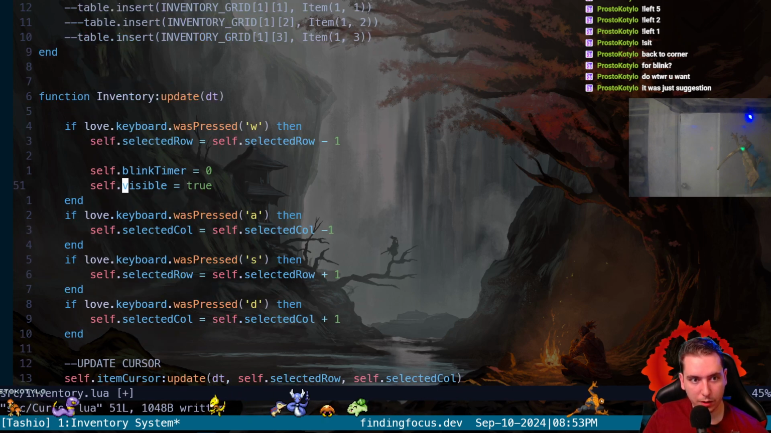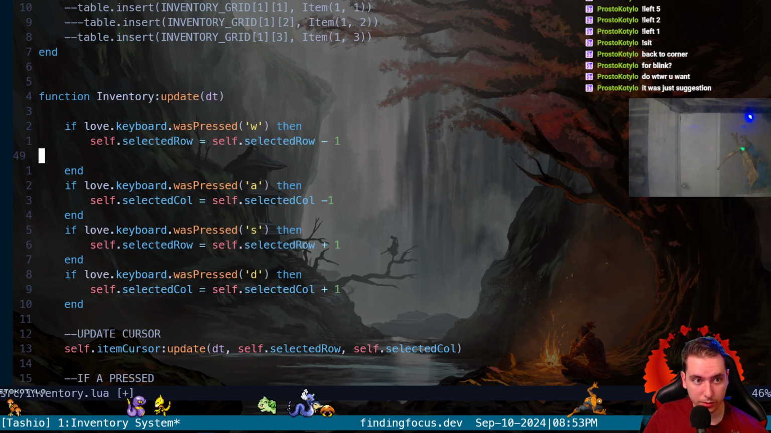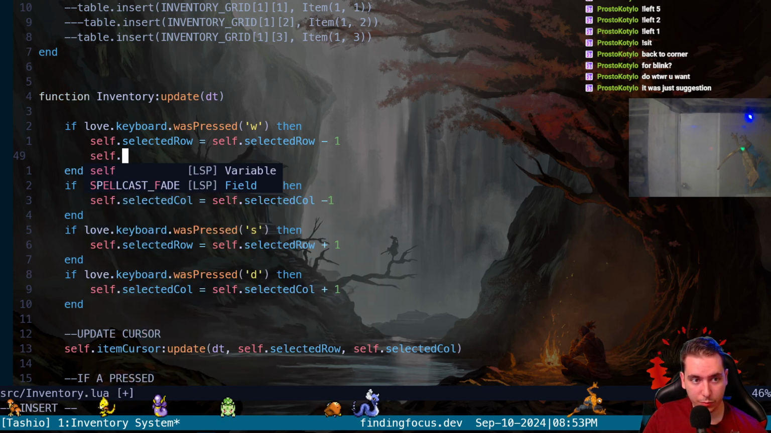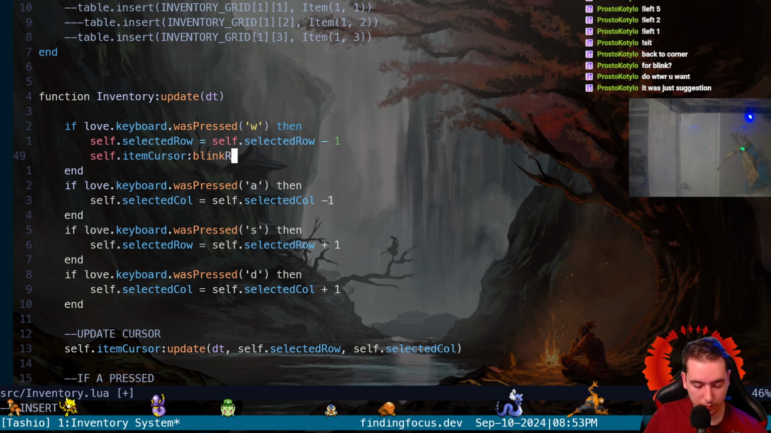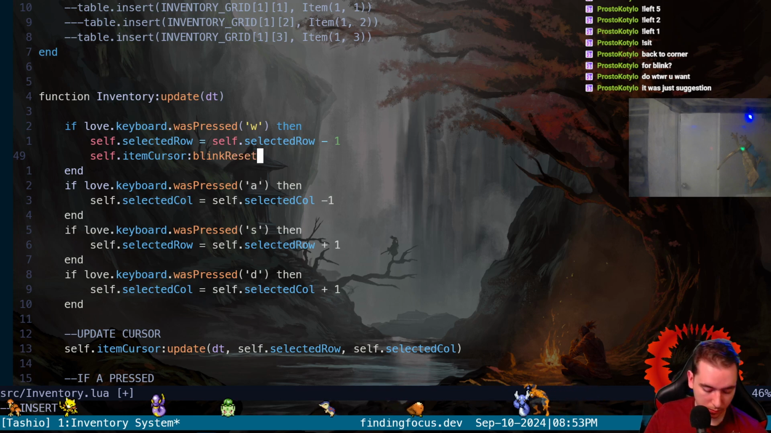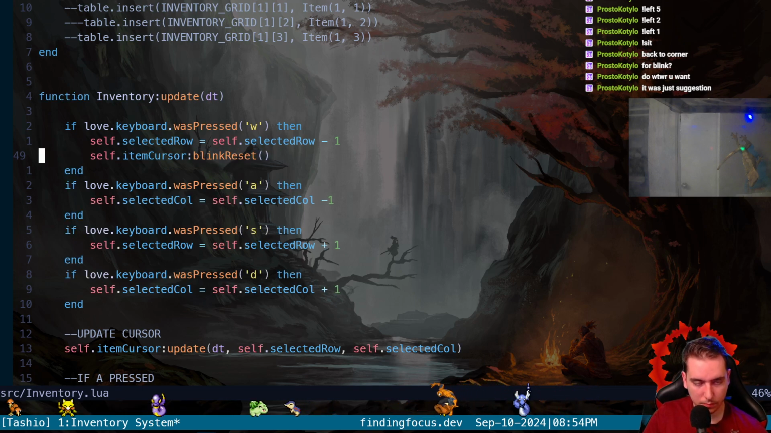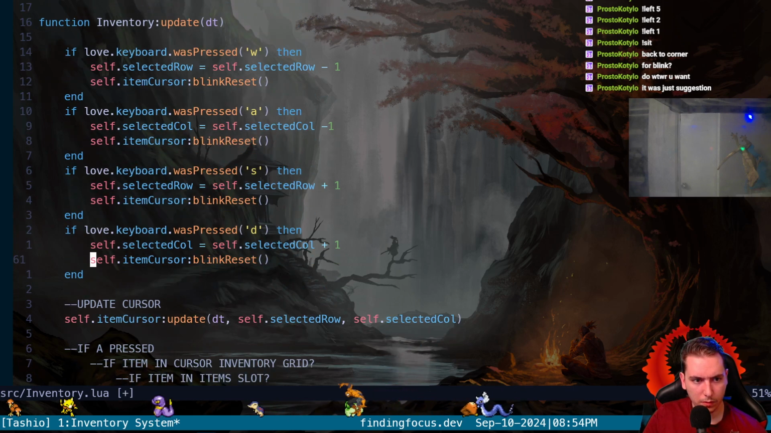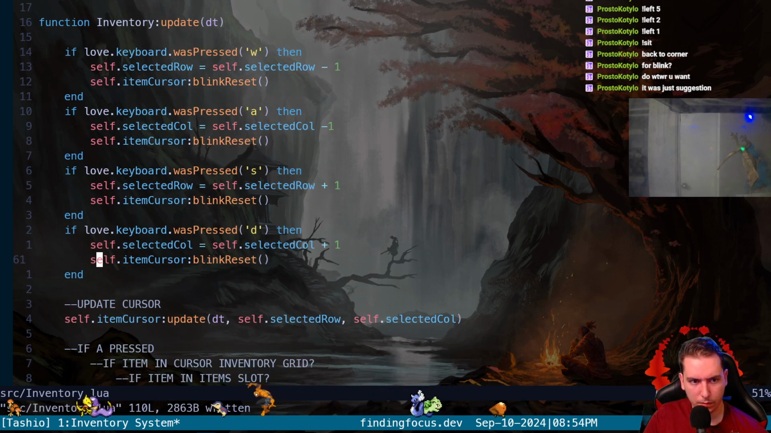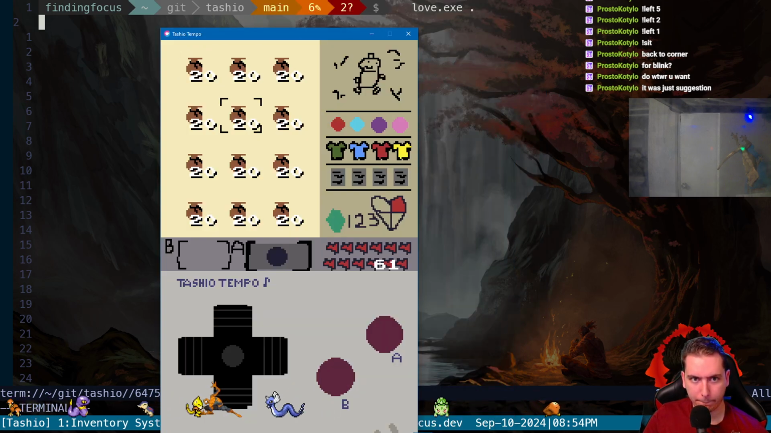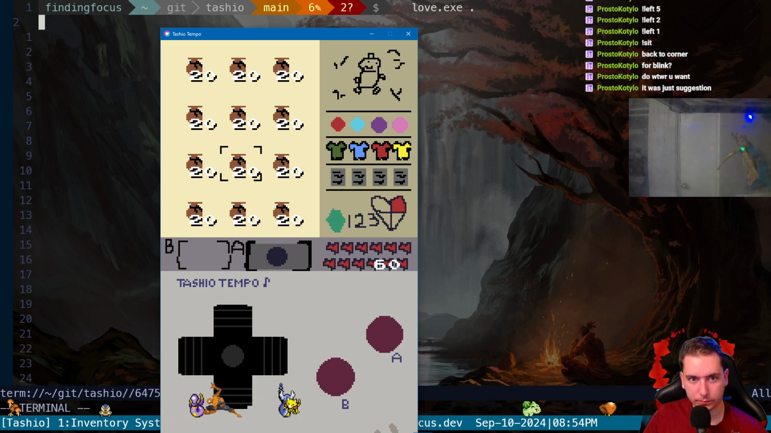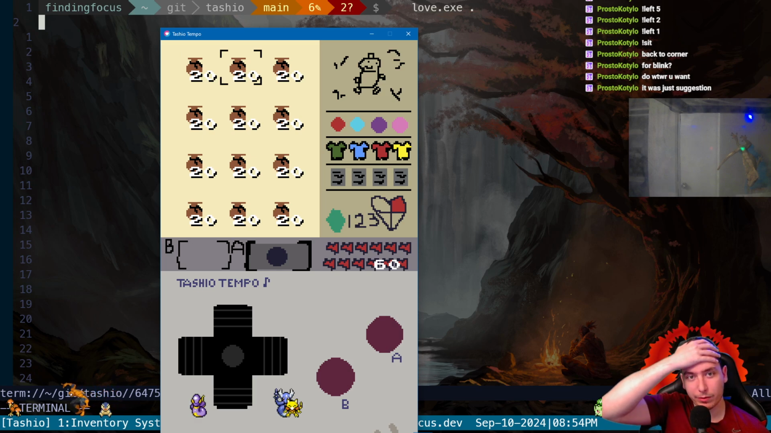So we should be able to call this blink reset on our item cursor if any of these keys are pressed. So we can say item cursor, blink reset. Right? Nice. I wanted it to blink a little faster, but this is definitely getting there. Now the issue is